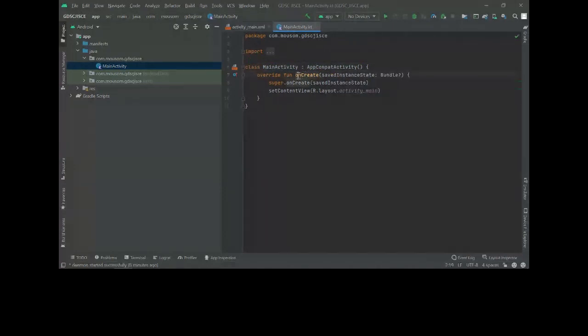This onCreate method, you can see it's a function, is defined in that AppCompatActivity. If we did not include that one, then we would not be able to get this onCreate method. So you can say it's a kind of parent and child relationship.